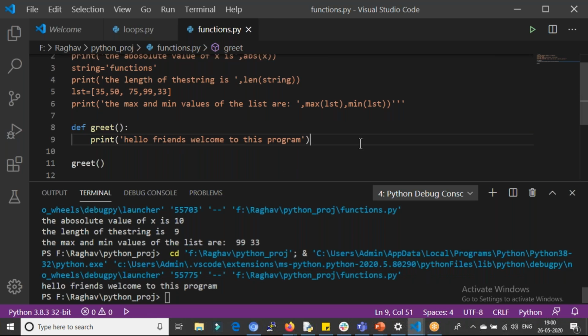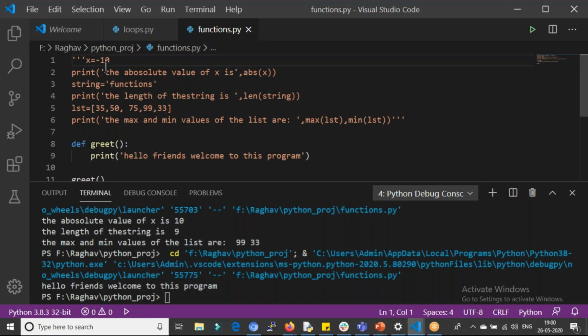So now what if I want to give some inputs into the function? If you see in these examples, let's take an example of absolute. Inside absolute we gave some parameter, right? The parameter is x. So we are giving some parameters inside the function. In length also we're giving some parameter, right? In max and minimum, here also we're giving a parameter, the list.